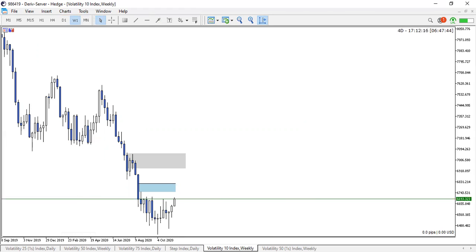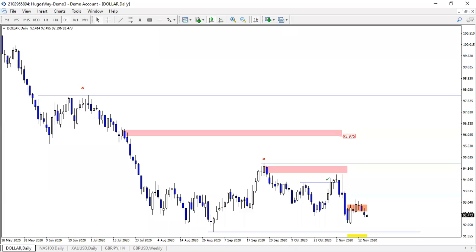Cool. So that's it for the synthetics. Let's move on to the dollar futures, which also moved really nicely yesterday based on what I spoke about, right? So let's look at the dollar future. Looking at the daily chart, I'm going to keep this on the daily chart, because then that's going to guide you a bit better in terms of your overall bias for the day.